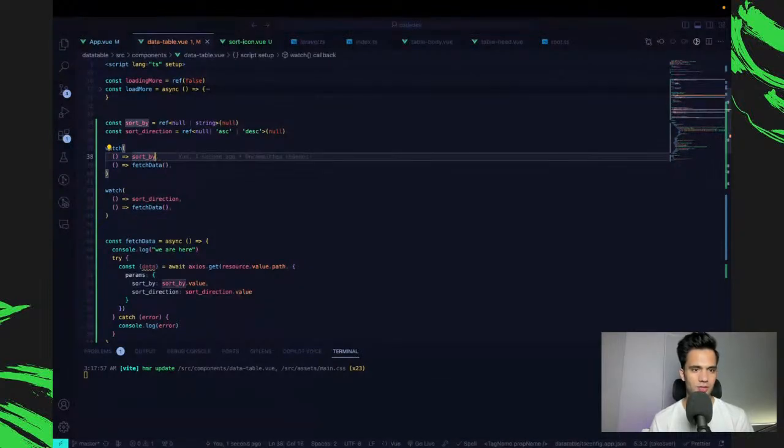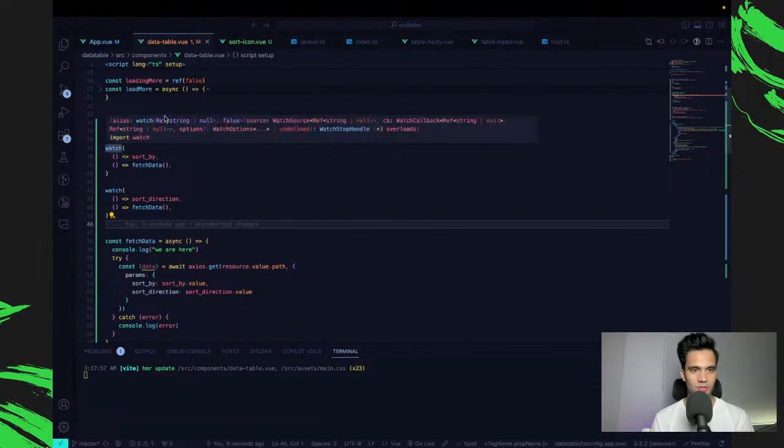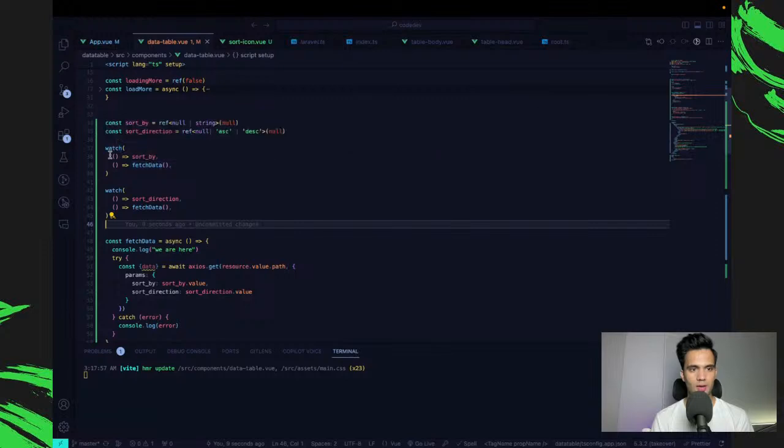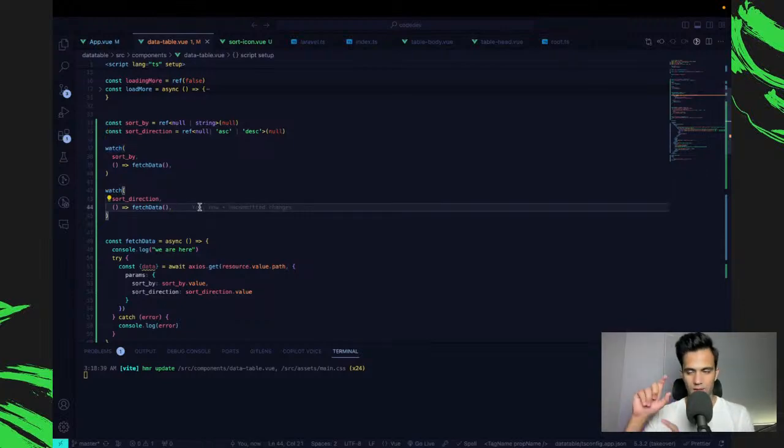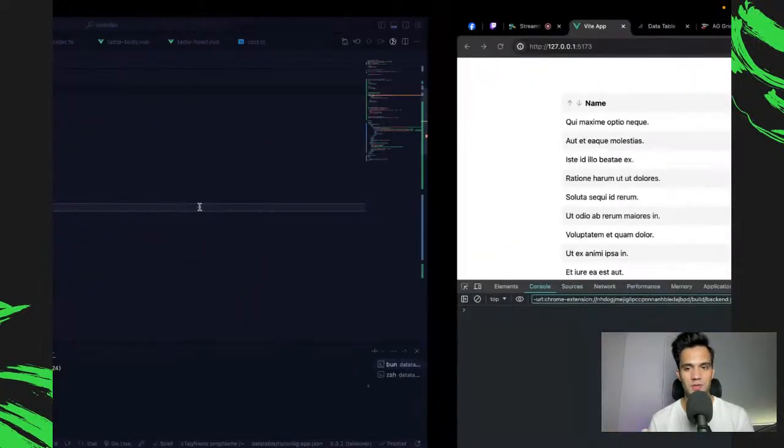Okay, I think I don't really need to give it a function because it's just a ref. I still don't really know how watch works really. So watch can take a ref. Okay, I see. All right. I think I just don't need to do it. You can do that if it's a function or an object. Then you use a method basically which returns.